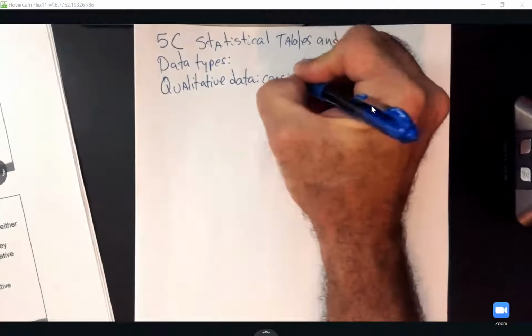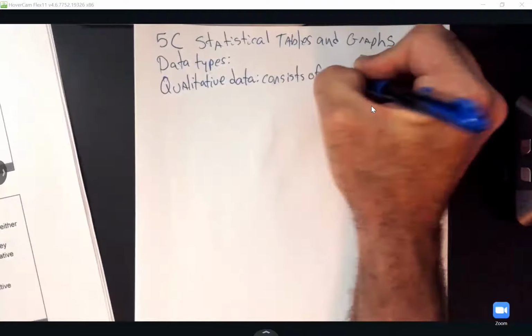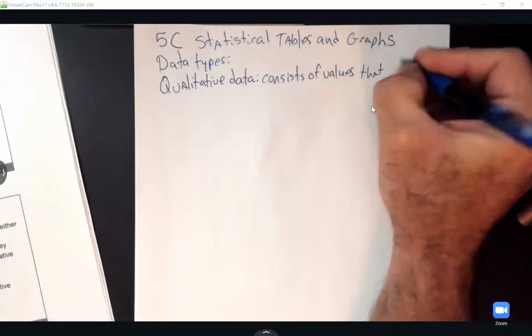So it consists of values that can be placed